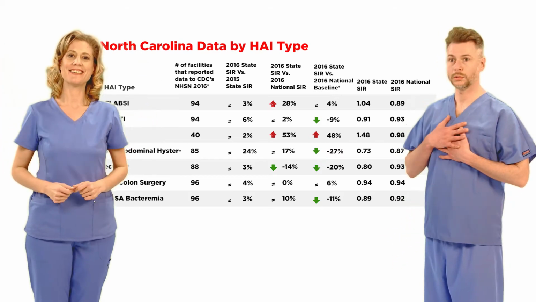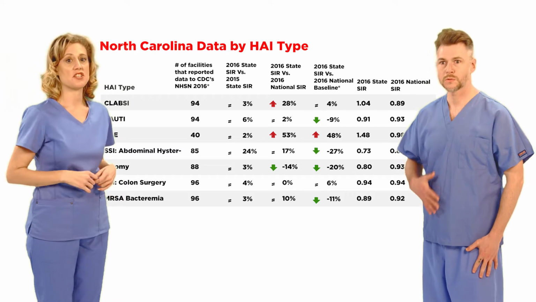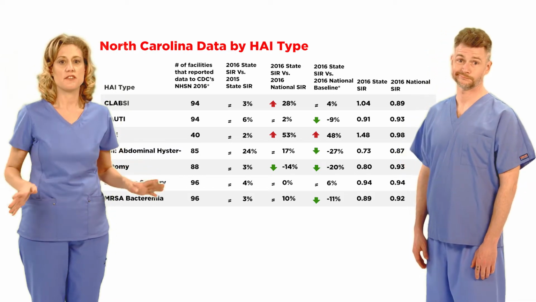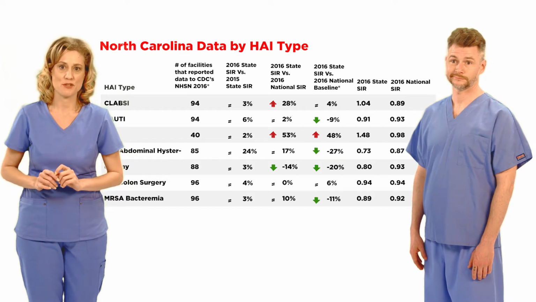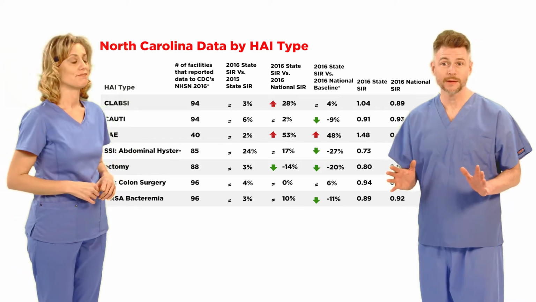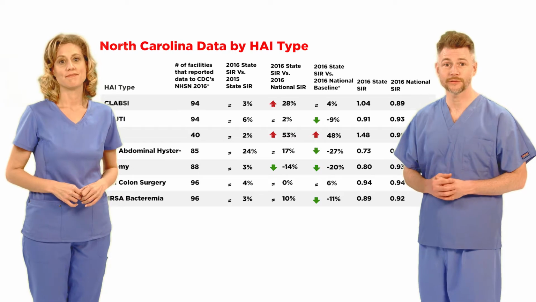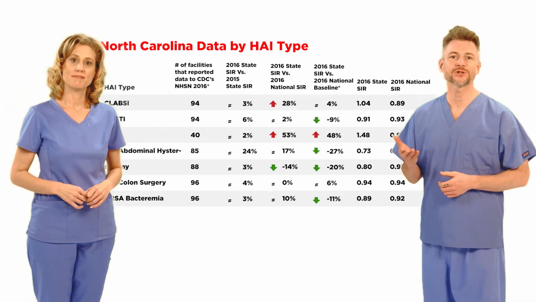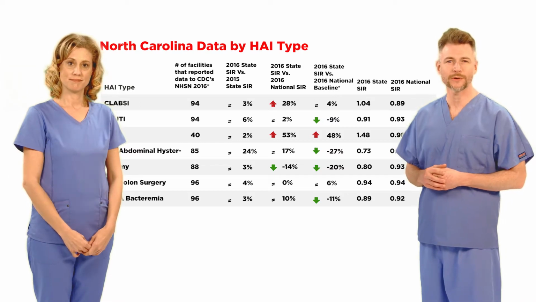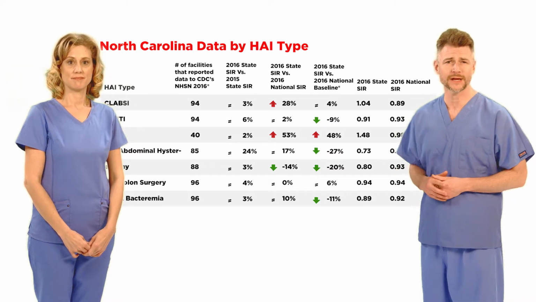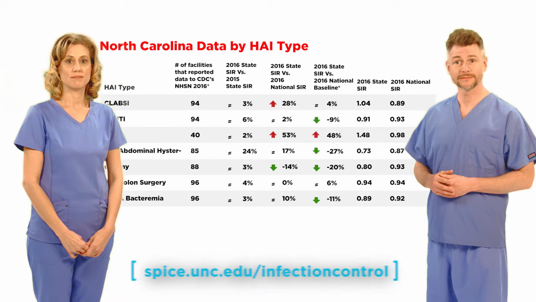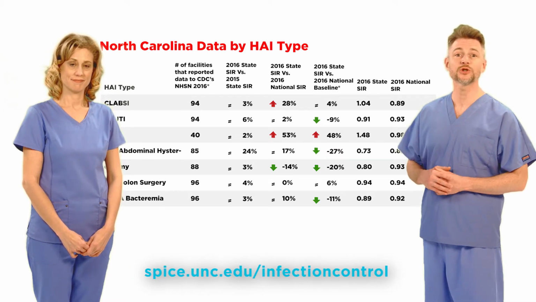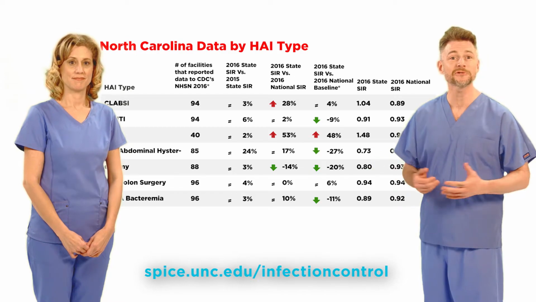Ah, there we are. Okay, so as you can see by this chart, the numbers for North Carolina are a bit more mixed. We're not going to go over this in too much detail because we promised to keep it short. But we've set up a website that you can access if you're the type of person who likes to dive into these kinds of details. Many of the charts and graphs, reports, and studies we refer to will be on that website. We'll put up this graphic as a reminder that you can visit it anytime and look up the details to your heart's content if that's your thing.